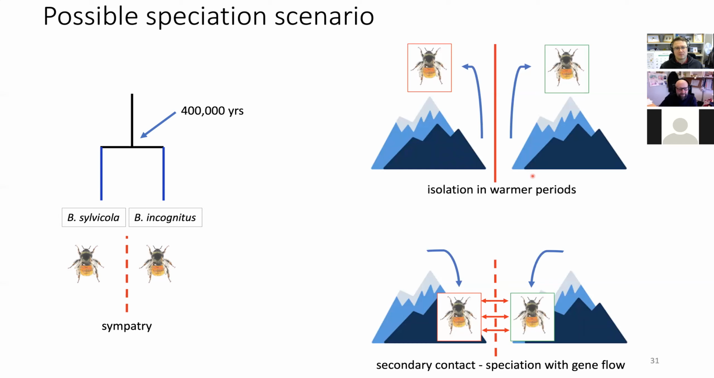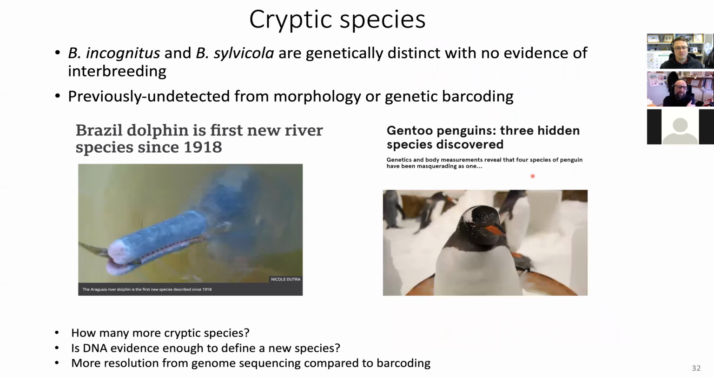So this could potentially be an important mechanism in bumblebees. And just to take this a little bit further and speculate a bit more now that we're doing a lot more population genomics,